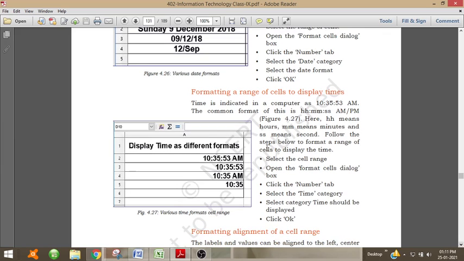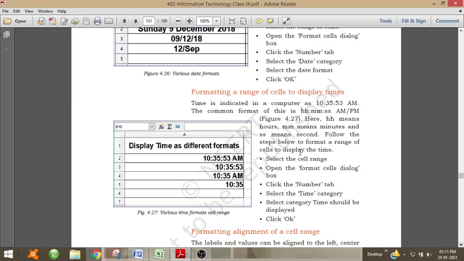Next, to show the time. Time is indicated in a computer in hour, minute and second form. The common format is hours, minutes, seconds, AM or PM, where HH means hours, MM means minutes and SS means seconds.